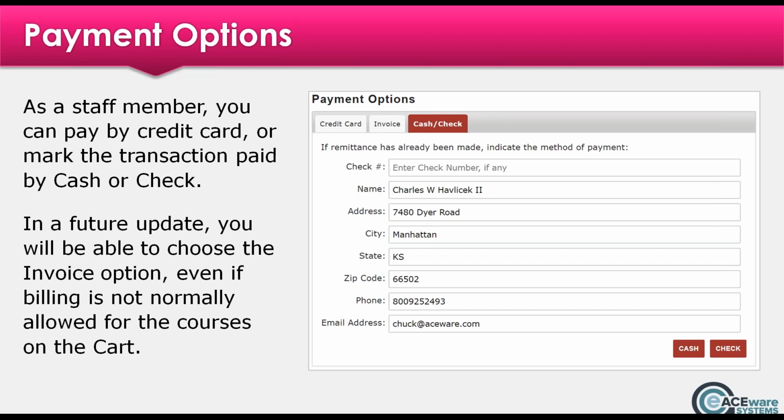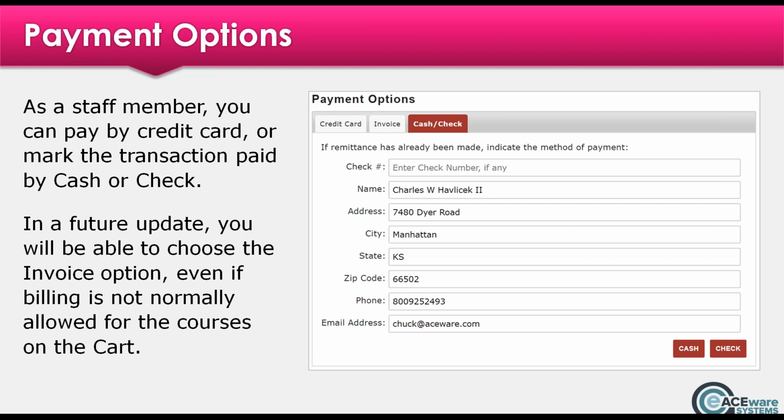If you're running a registration desk at a conference and they say, I want to register for this course and these workshops, here's my credit card, here's my info, you can basically take that card and make the payment as if you were them. So that's pretty handy. This also gives you the ability to mark this as a cash or a check payment, mark it as paid. So if you are collecting money at the door,